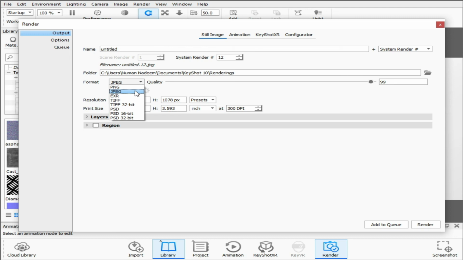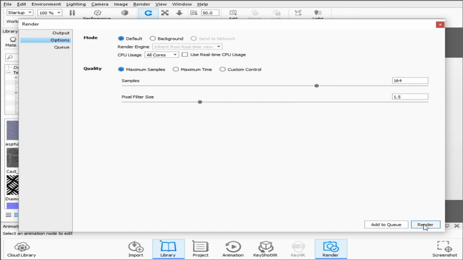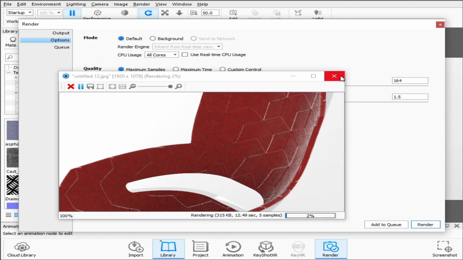After that, you will click on the render, and it will take some time, from 5 to 10 minutes or 15 minutes, because it will render it very highly. So as you can see, this is the time taking process. It will take 10 to 15 minutes, and after that your model will be ready, and you can upload it on any website as your work.